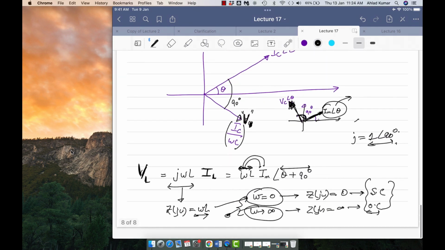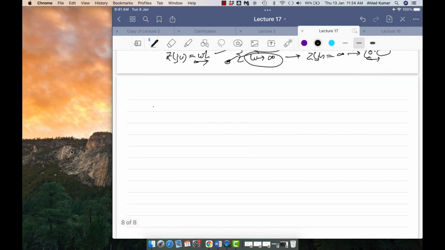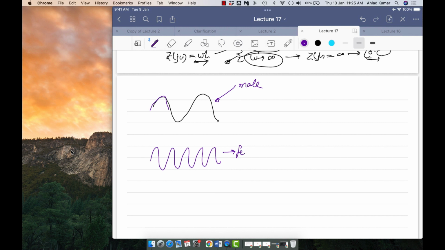So let me tell you this also. For example, you have some signal here, right? One person is speaking, another person is speaking also. So this particular signal is, let us say, for male voice. This is for female voice. So why are these two different? Because male voice has a lower frequency, so that's why I am drawing it with a lower frequency component. Female voice has a high pitch, so the frequency components are larger here. So this is the one which is representing that.